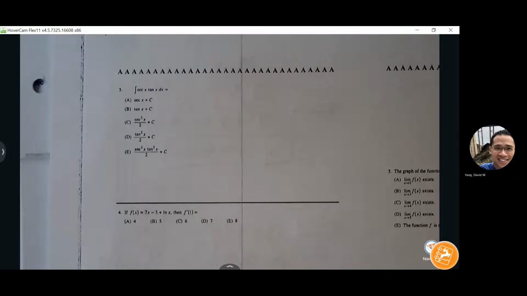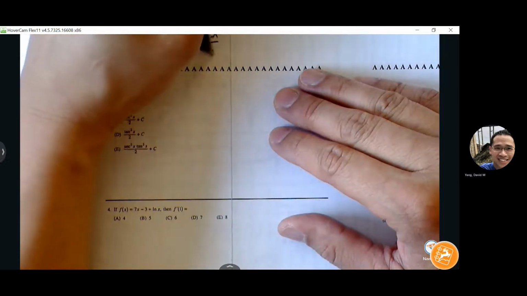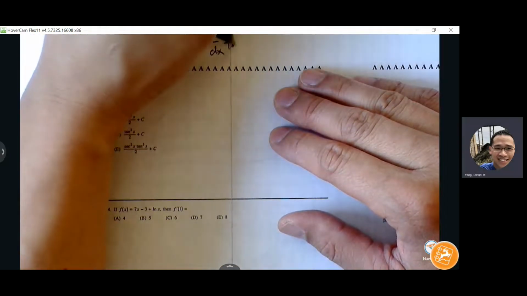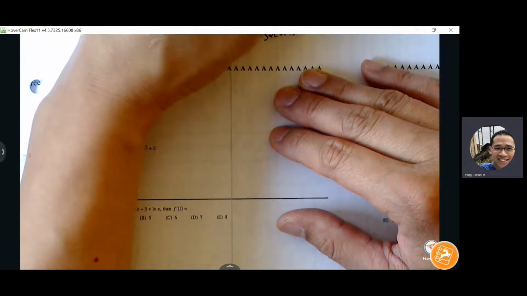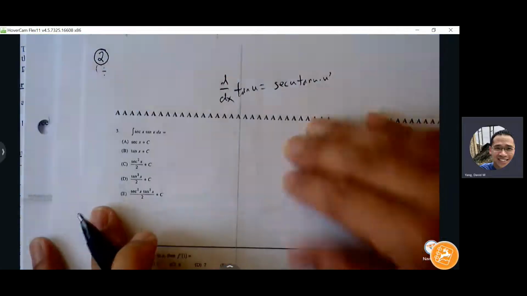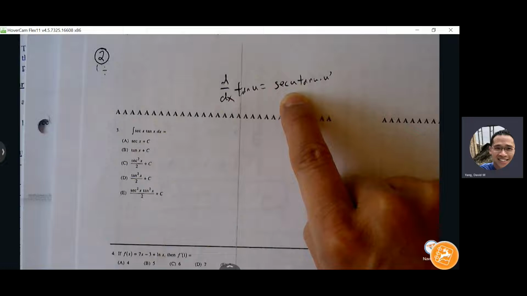Page 2. Secant tangent, so you recall our derivative rule for tangent. Secant u tangent u times u prime. So if this is one of the rules that you memorized and are able to put onto the beginning of your multiple choice test,